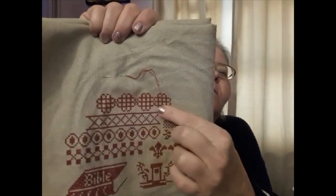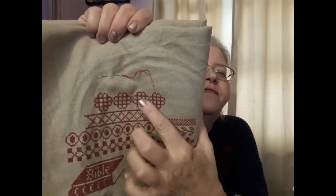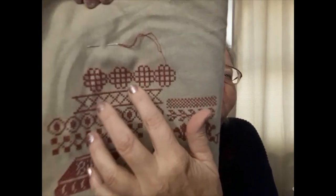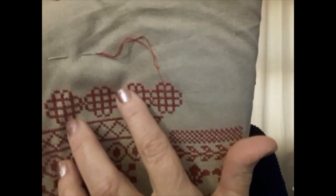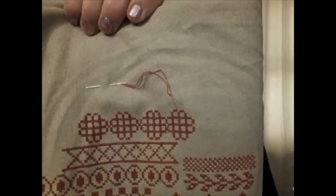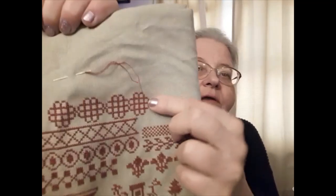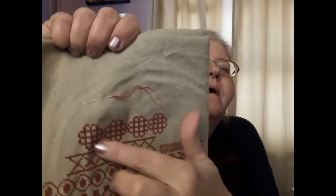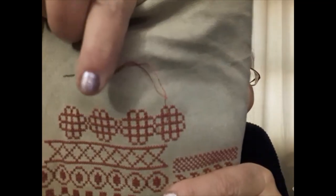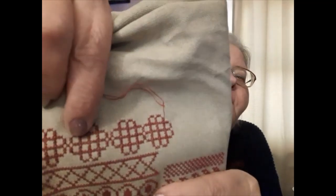And this, oh my goodness. You're going along and you think it's all going to be the same, right? Well, I had this one put in, and come to find out, there's like a double here. I don't know why they did that, and a double here. It just drove me crazy. So I ripped out parts of it. I started here, went this way, and then there was that double mess. See how it's doubled right here? It wasn't like that in the beginning. So I had to rip all this out,